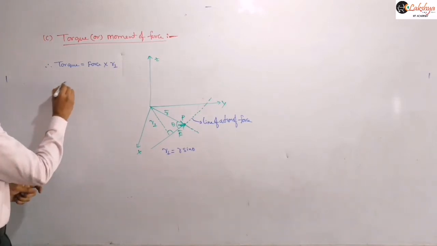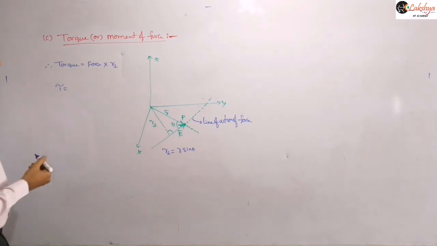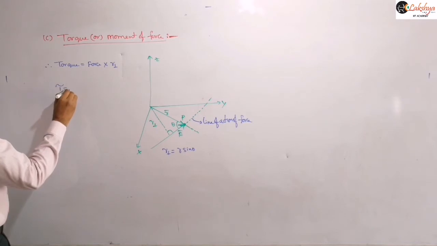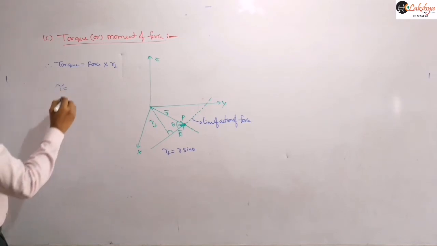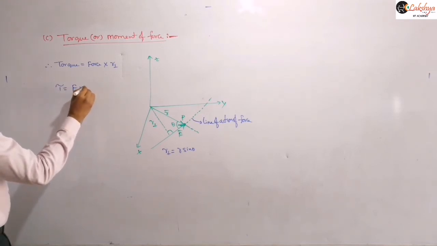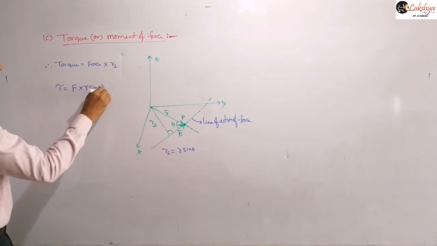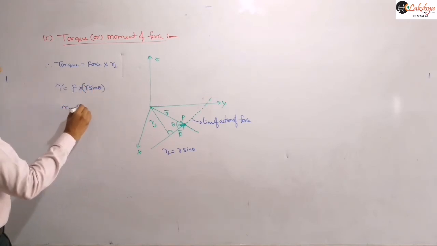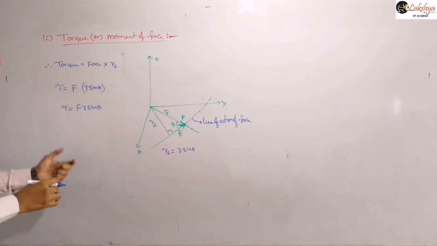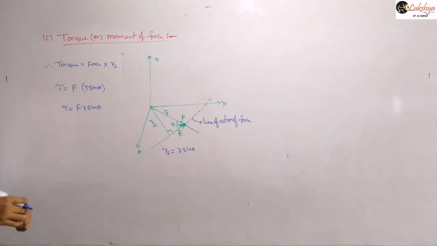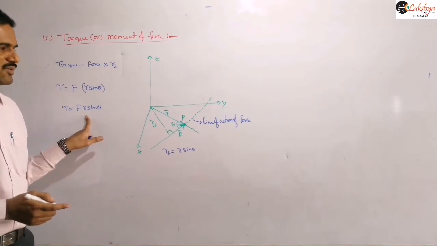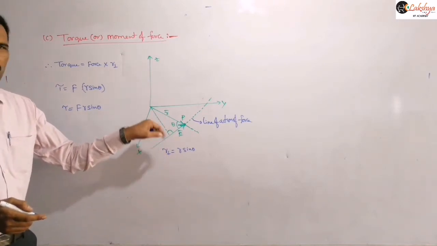So then therefore this torque is represented with the symbol like this. We call it as tau. This is tau, and so then tau is equal to force into perpendicular distance. Therefore this perpendicular distance we can write as R sin theta. So therefore this is F R sin theta we can write, right? So that is our torque definition here, or torque formula, where F is the magnitude of force, R is the distance of the particle from axis of rotation, and theta is the angle between R bar and F bar, right?